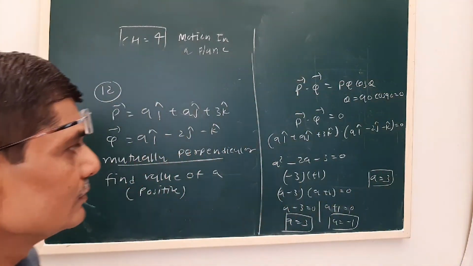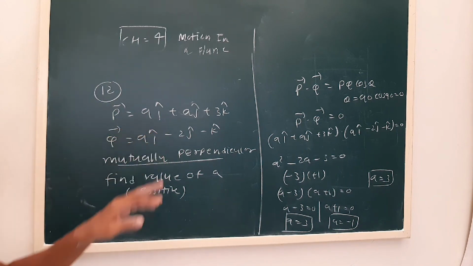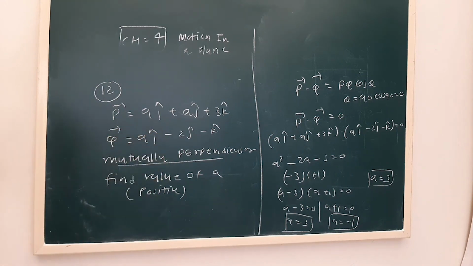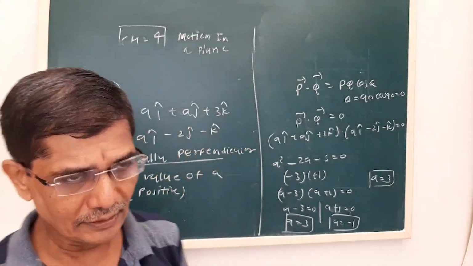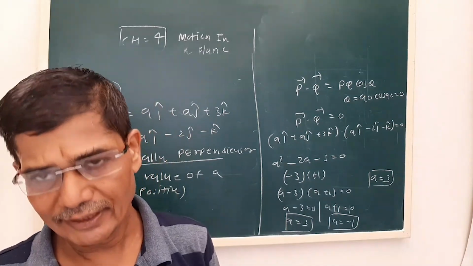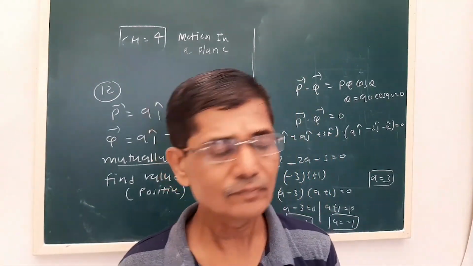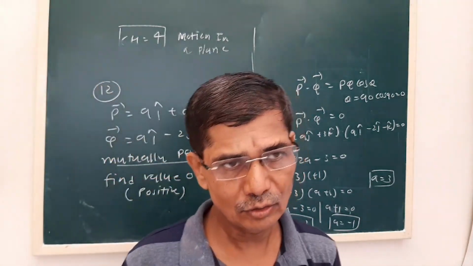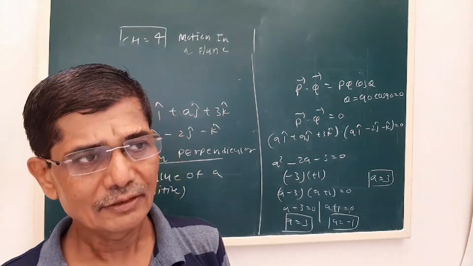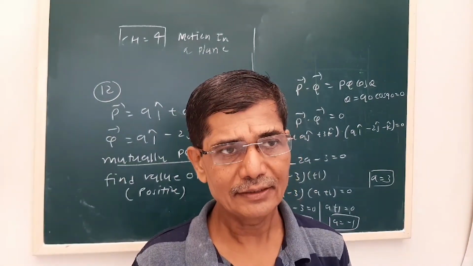Okay, so this is how, if the given vectors are perpendicular, see the condition, A is unknown to us, that we have to obtain. Okay, so this is all about MCQ of lesson number 4. Now, if you know the basic MCQ, we can solve MCQ of the second level also. So that's why we are trying to take some basic MCQ. Okay. So with that, we conclude this lesson. Okay. Thank you.